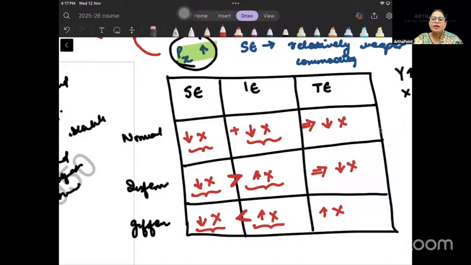Right? This is box 1, which is important from the point of view of revision. This we definitely have to revise, from the point of view of the exam, 150%. Okay. Second thing,